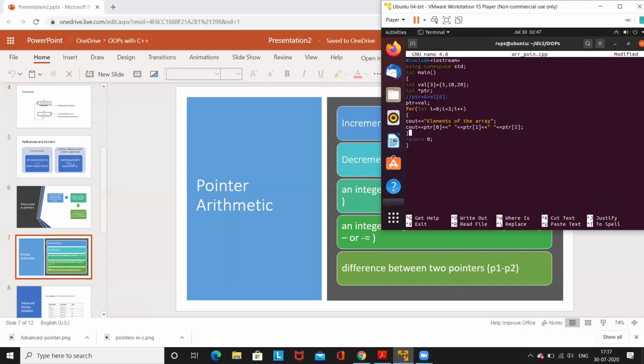Here I can print elements of the array. Here I may use ptr and